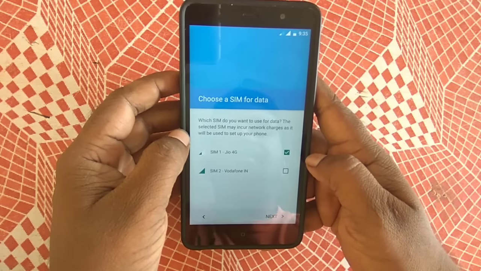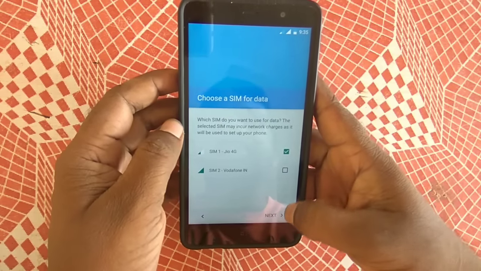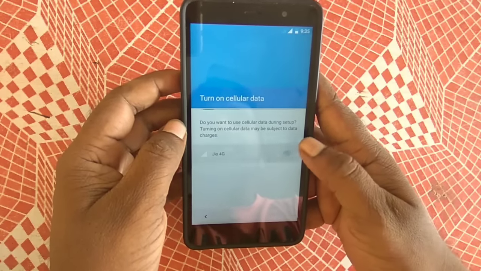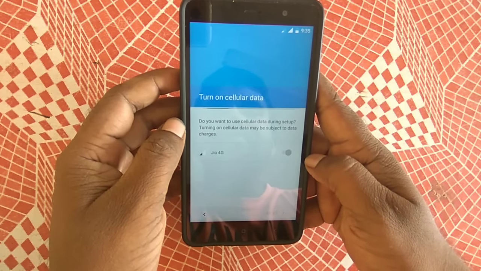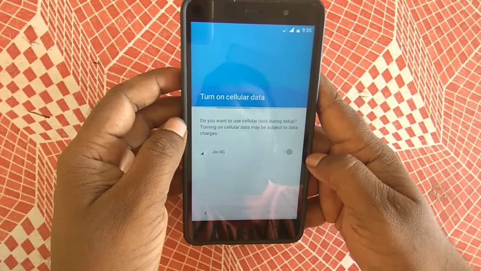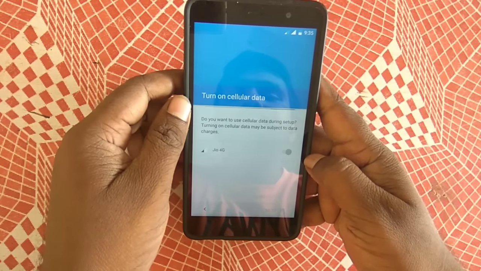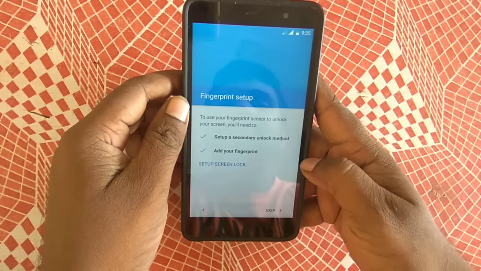If you have a Wi-Fi connection, hit connect. Now you have to select which SIM you prefer. I selected the Jio SIM for cellular data, and it takes a few seconds.